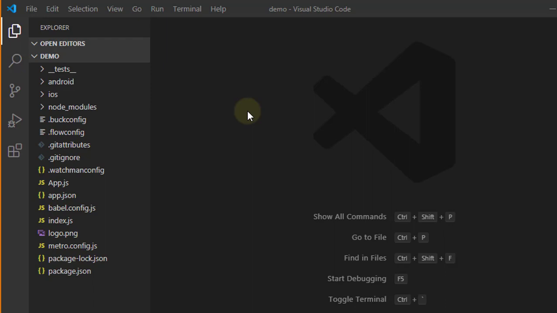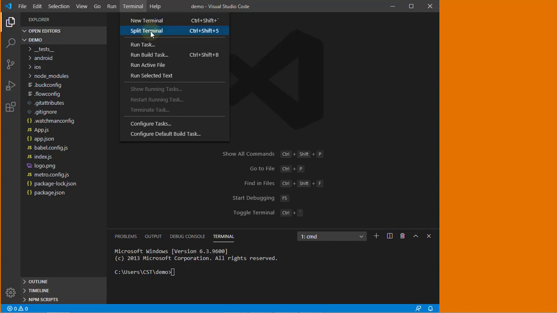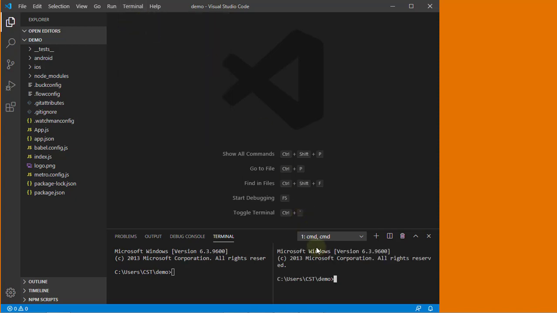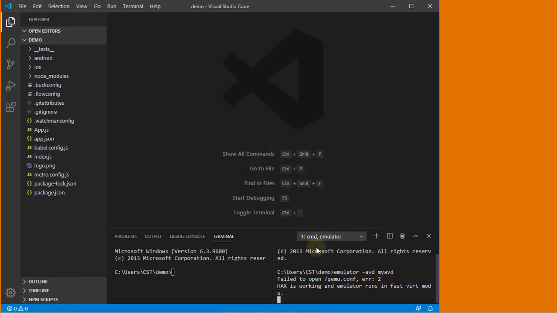First of all, we have to run our demo app to ensure that it does not have any kind of bug. For this, we have to start emulator. emulator -avd my avd and press the enter.